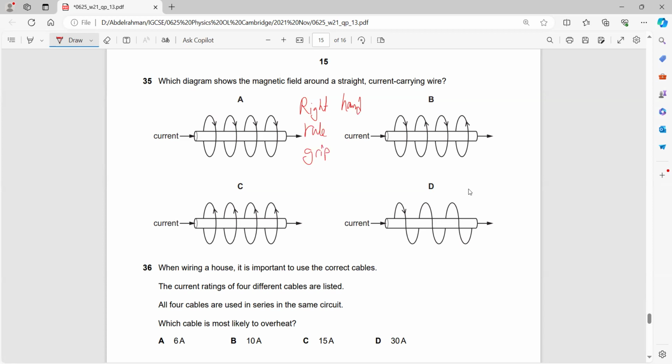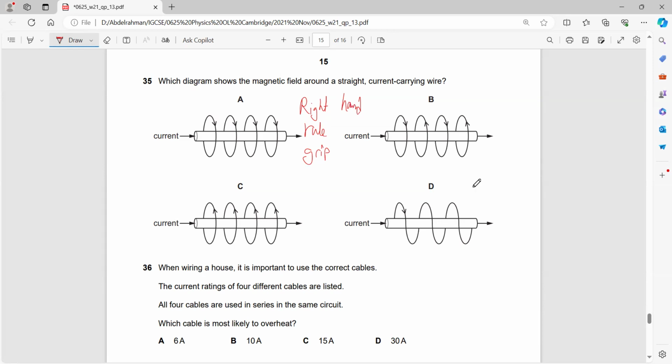Using your right hand, the thumb would be directed towards the right, because the current in this question is going to the right. So you have the thumb going to the right. If you close your fingers towards you, they would create a magnetic field